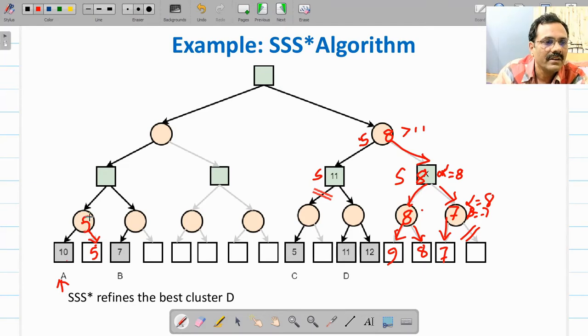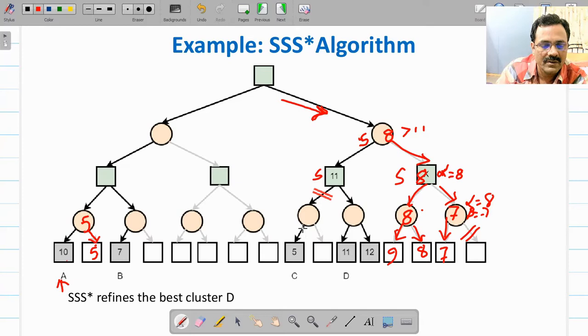Since its value has become 5, it is not now better than this 8. So now this cluster is fully refined. D is fully refined. This is the best available, so therefore algorithm will terminate here and it will choose this particular node. Algorithm will terminate with value 8.